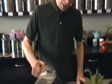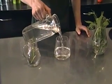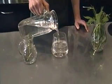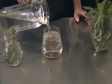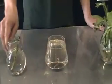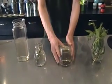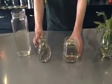Once you have your iced tea, I'm just going to pour some in this glass here. See that beautiful, very light golden color. You can tell that's going to be refreshing. I think it's delicious as is, but if you want to add a little sweetness, or